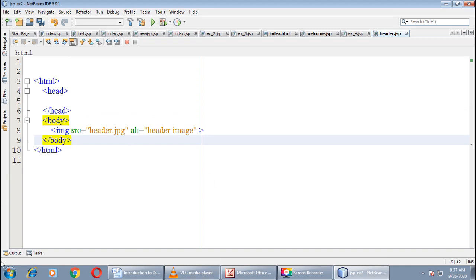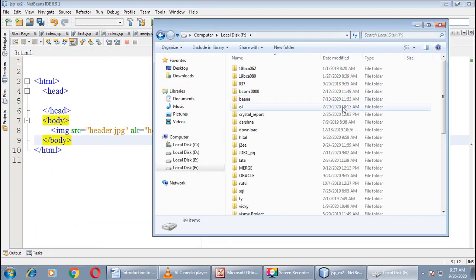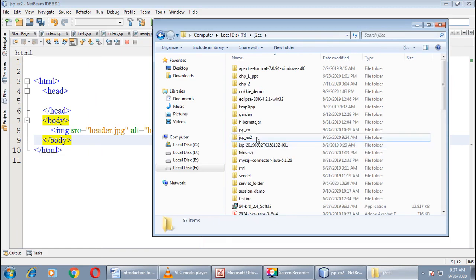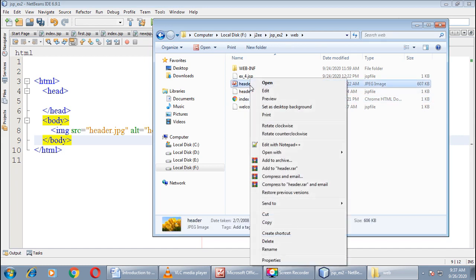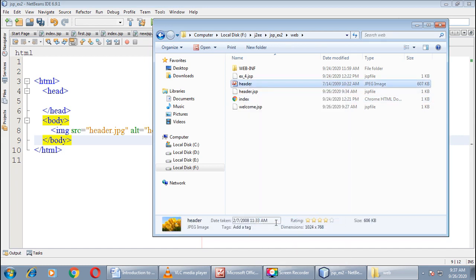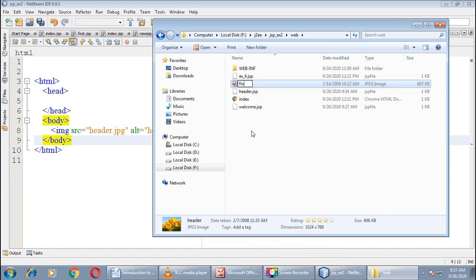If you don't want to get confused, you can change the name of your file, F drive, then J2EE, JSP example. Inside the web folder, replace the name, rename flower. Okay, now it becomes flower.jpg.